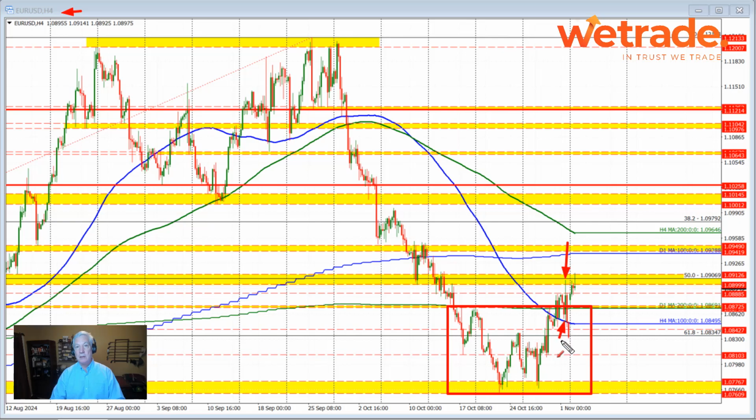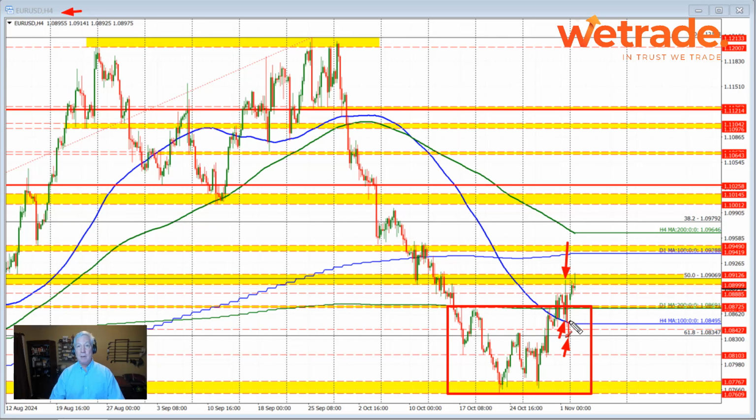100 bar moving average on the 4-hour chart, and also testing the 61.8% retracement, actually moving just a little bit below it into the close. That put us back within this red box through here. So it looked like things were going to be more neutral once again after the failure above that area on